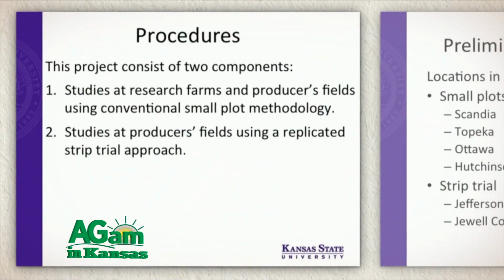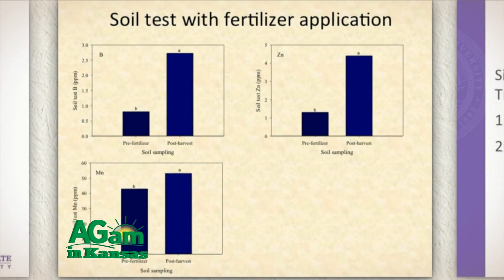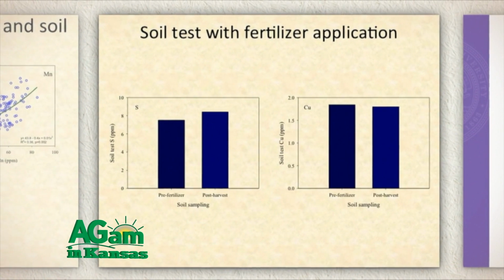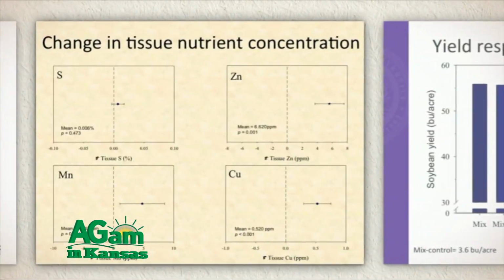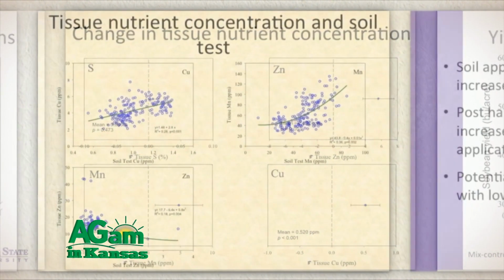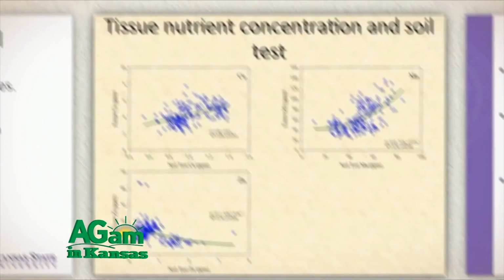A lot of the data that we've been getting is already being used by producers through meetings and extension meetings. With my appointment of extension, I have the opportunity to share a lot of this data with producers. So I think it already has a direct impact in terms of nutrient management for soybean for many of the